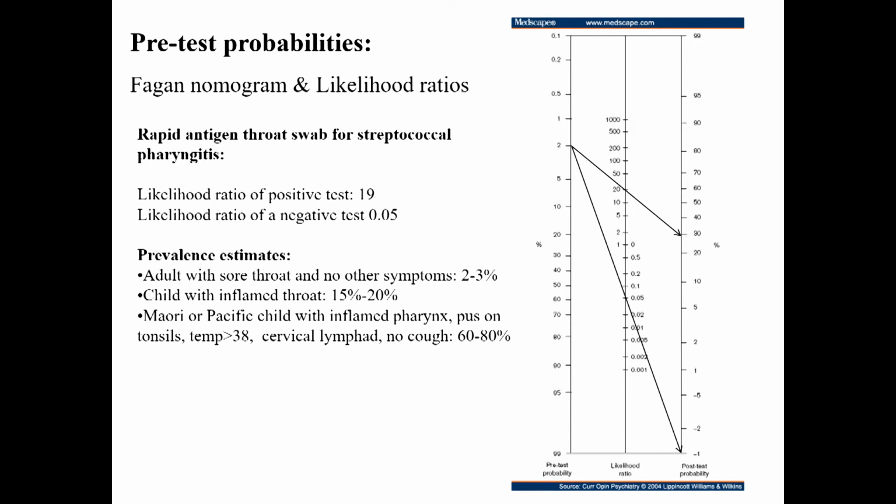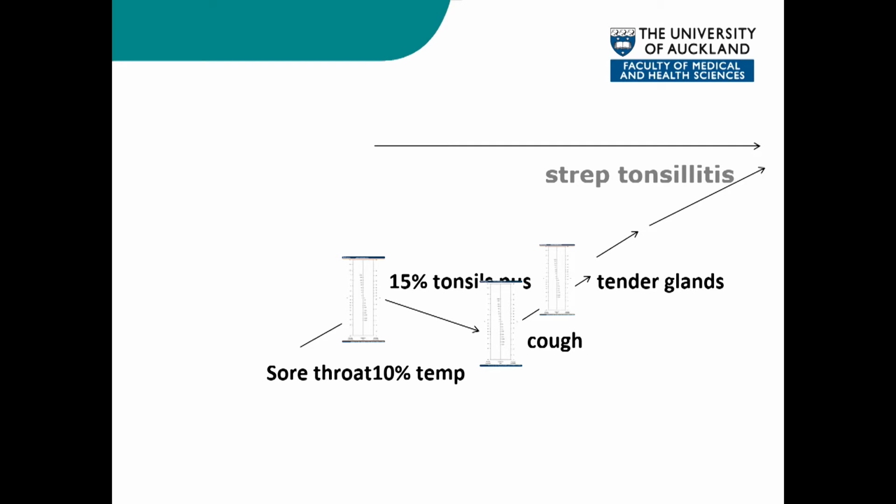So there's a 30% chance somebody might have a strep throat. In that situation, we might treat if the patient was high risk, Maori or Pacific. If non-Maori, non-Pacific, we might do a throat swab and then treat. But at 30% pretest probability, we would want to take some action. We certainly wouldn't let the patient go. But a negative test, we could let the patient go and not give any treatment. So again, you can think of that